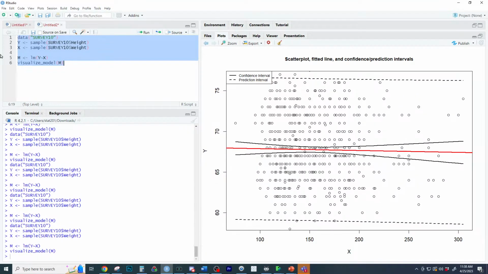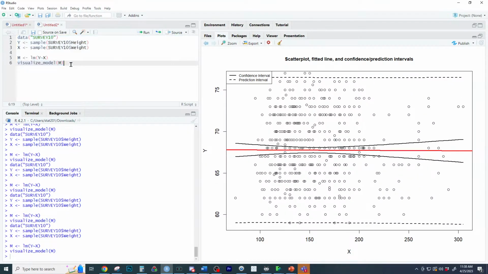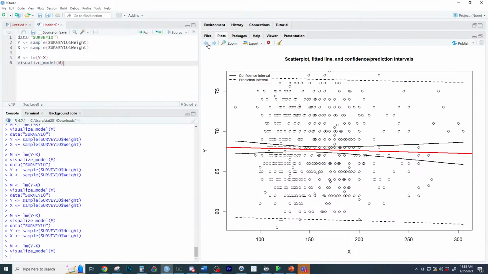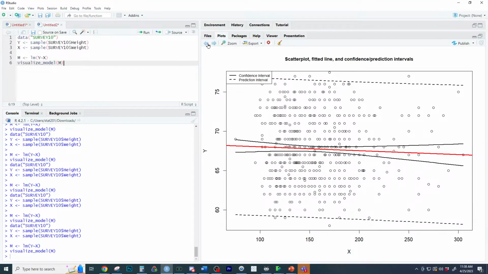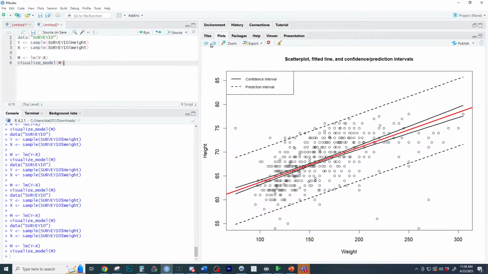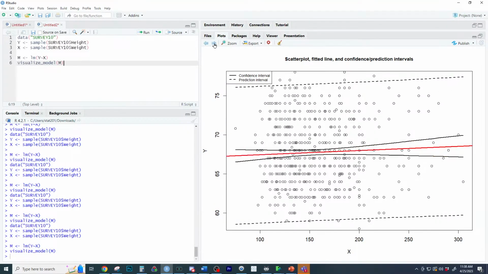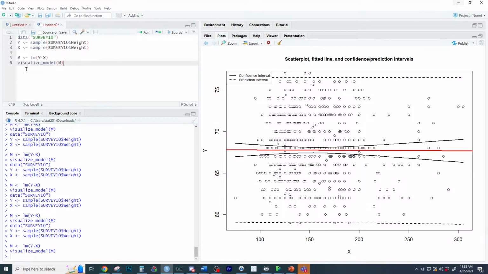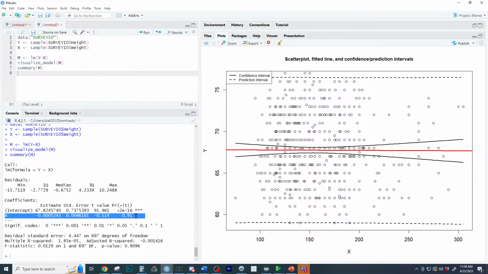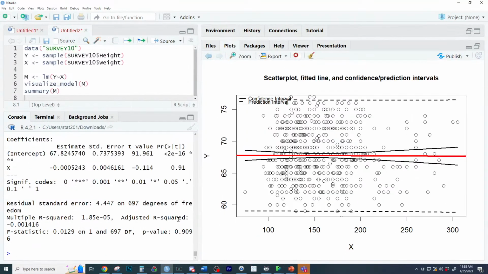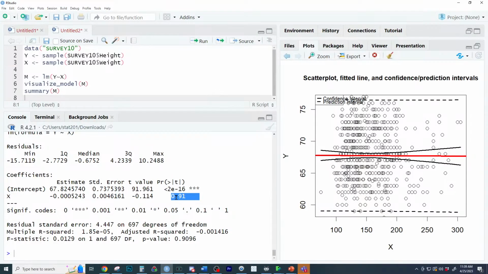Now compare this to our original model way back in the day where we had a model that wasn't flat. If we go all the way back in time to the first model, it has a much stronger statistically significant relationship that is unlikely by random chance. Here's the not by random chance model. And here's all the random chance models here that are likely by random chance. The slope is close to 0, and if we go to the summary on it, we would see that it is not statistically significant. I got lucky. We could have had a type 1 error, and that's the next question coming up, where you reject the null and the null is true. Definitely a lot flatter. And you see how it's not statistically significant?